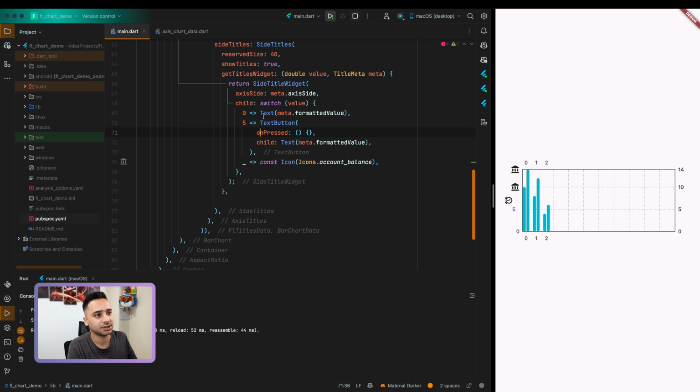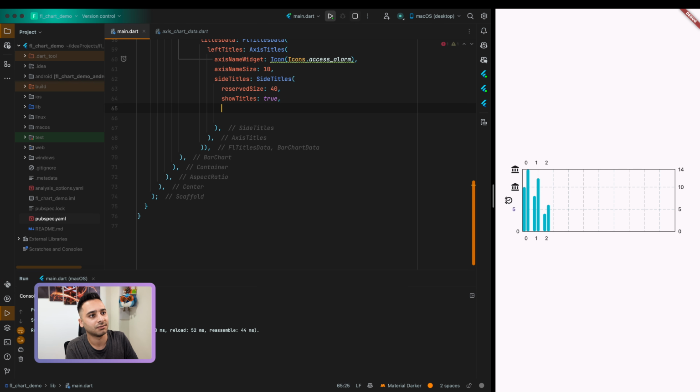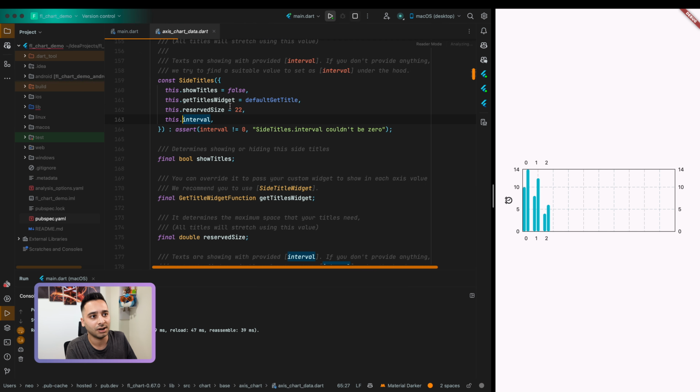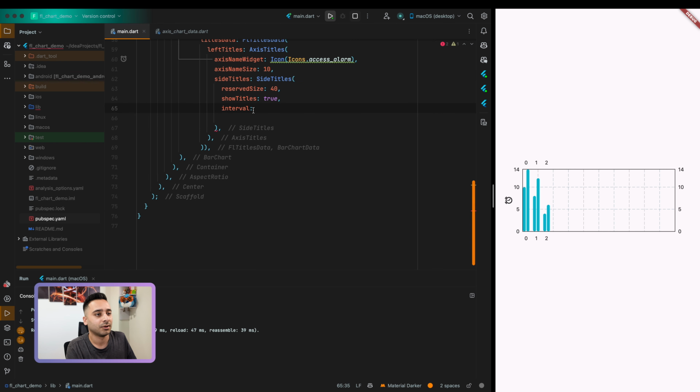And yeah, the other property is interval. So let me change it to the default implementation to see how interval works. So basically interval is null and it is implemented by the chart. Yeah, it is null by default, but you can provide your own interval here. For example, let me